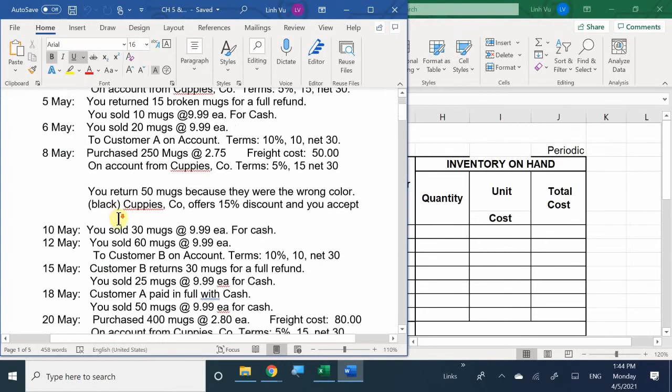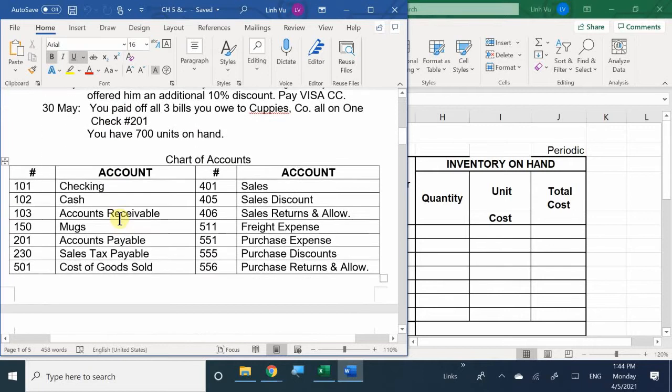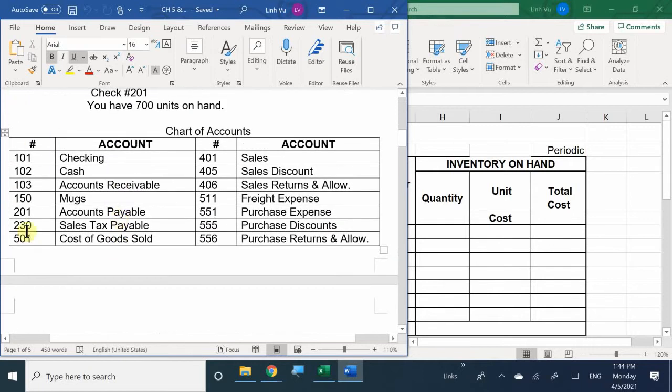What I want you to do is I've also attached a little chart of accounts. So please let's use the chart of accounts because this is going to be very important. We're going to practice how to properly journalize. But at the same time, I'm teaching you this so that when we dive into our fictitious business, our class project, we kind of have a set of rules or what workbooks do we need to use for this particular